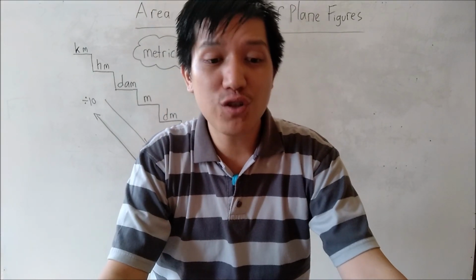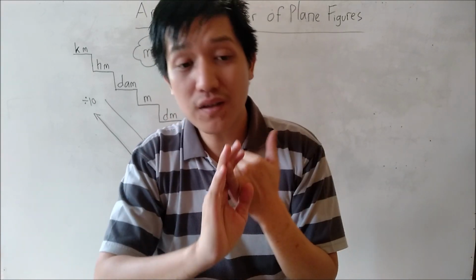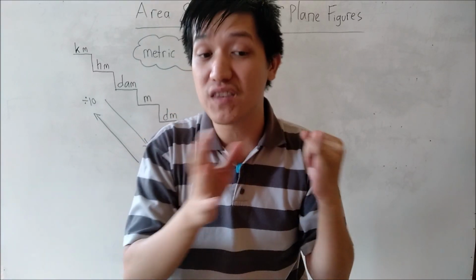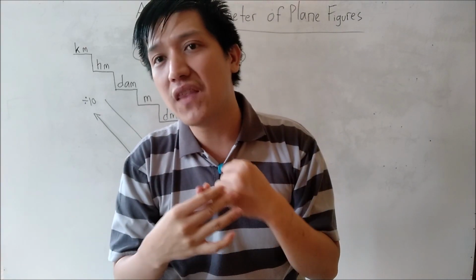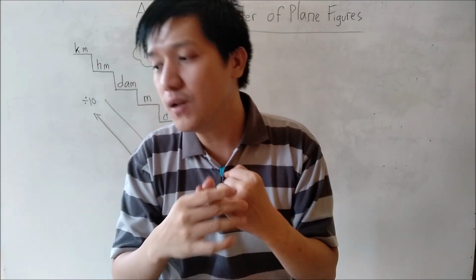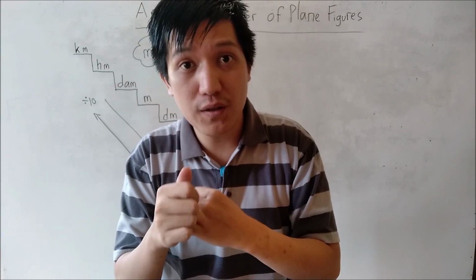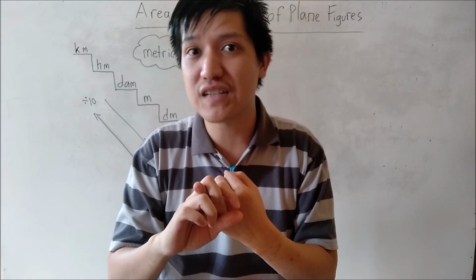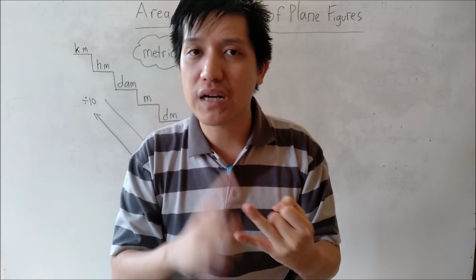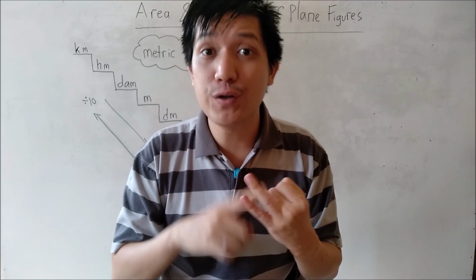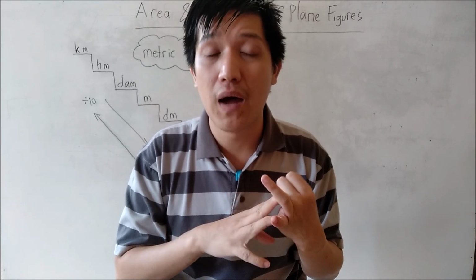By the end of the lesson, you will be able to convert a unit from meter square to centimeter square mostly, but then we are going to try to cover all the conversions possible. And then two, you should be able to find the area and perimeter of basic plane figures such as square, rectangle, triangle, circle, semicircle, trapezium, and parallelogram.